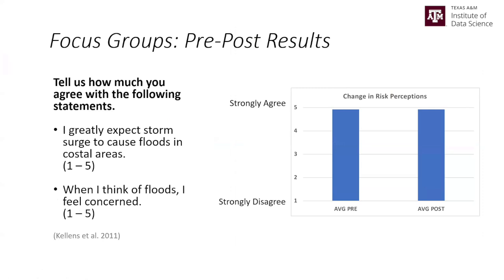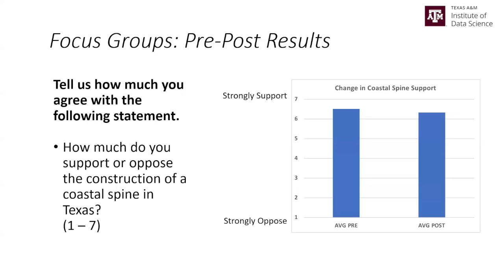If I had to run this again, I probably would have chosen some different things to measure pre-post, because overall, actually, they're a pretty well-informed group. They already knew their communities pretty well, so they expected surge to cause a lot of flooding and a lot of damage in their communities. And using our tool didn't affect that much at all. Similarly, with